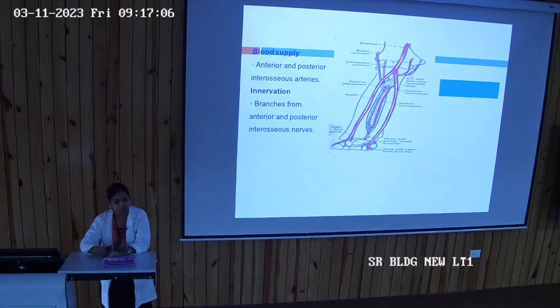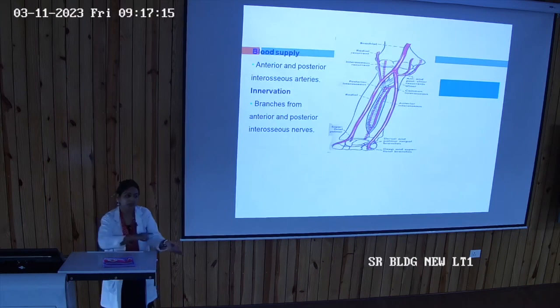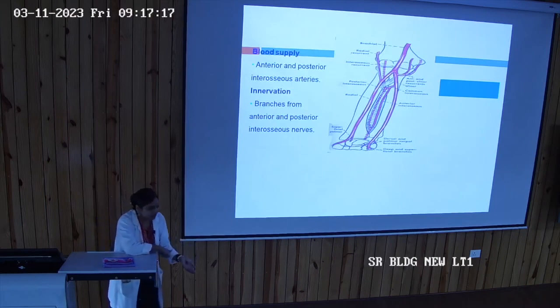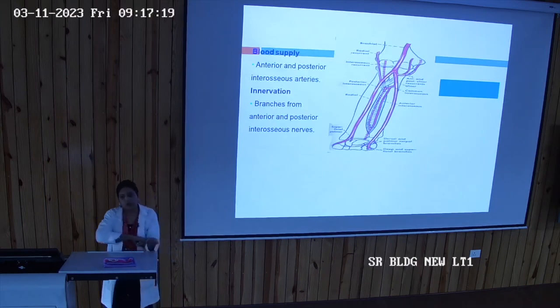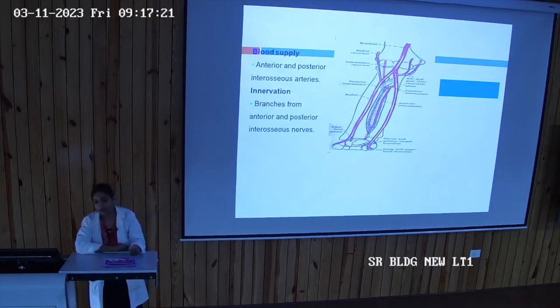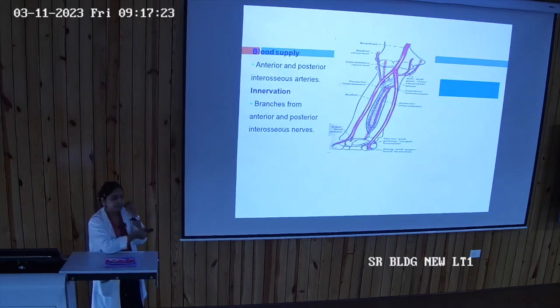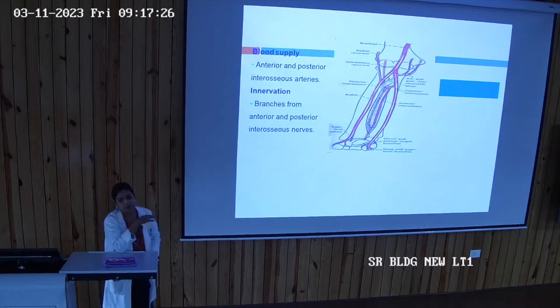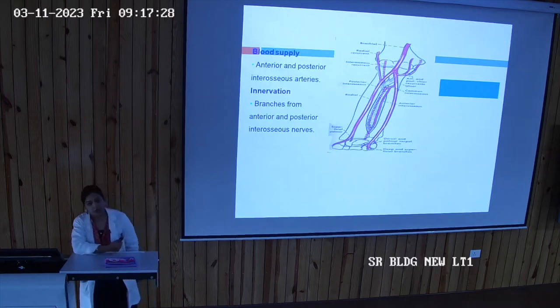So if we talk about the vessels, they are coming from the ulnar artery via the common interosseous. As for the nerves, the anterior interosseous supplies the deeper muscles of the anterior compartment of the forearm, and is a branch of the median nerve. The posterior interosseous supplies the extensor compartment of the forearm and is a branch of the radial nerve. They also supply the inferior radioulnar joint.